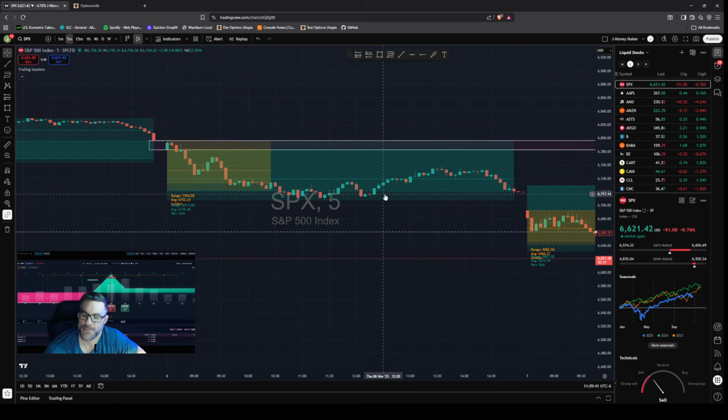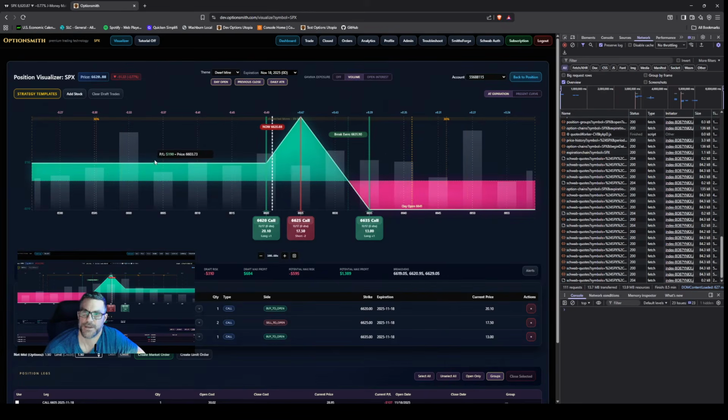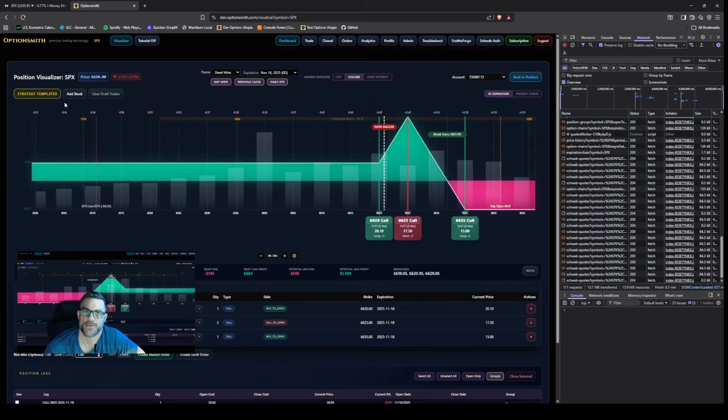I could wait for a pullback. And what I found was that the numbers just played out better for me. If as soon as I see us close above, like right here is a good example, then I would put a bullish broken wing butterfly on, and that would create,